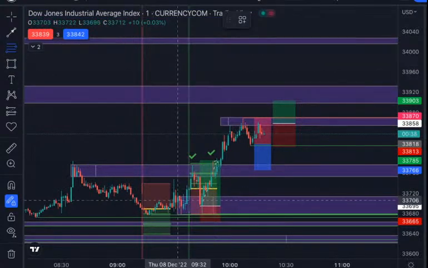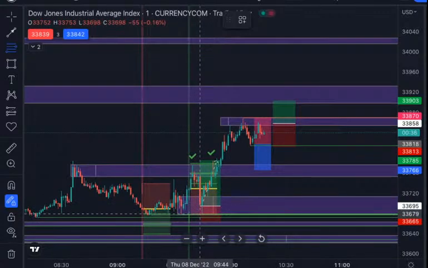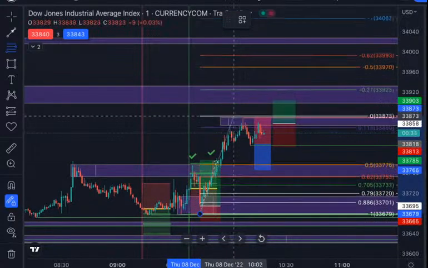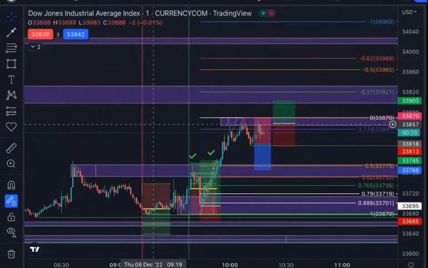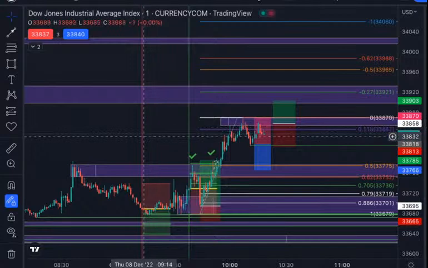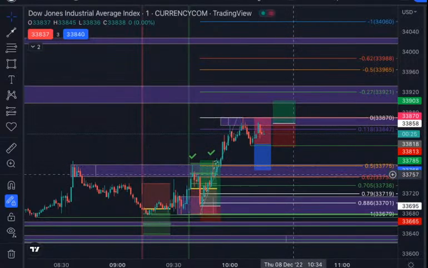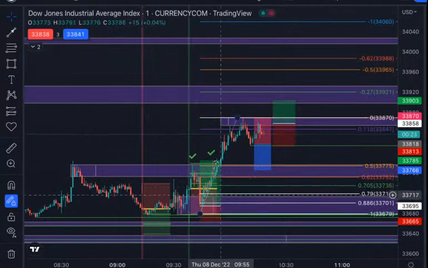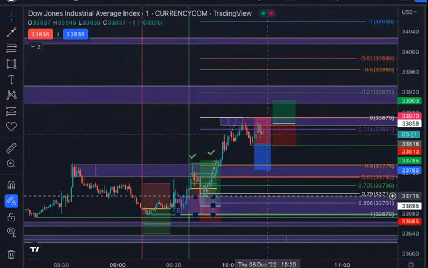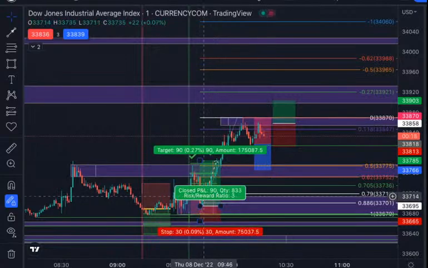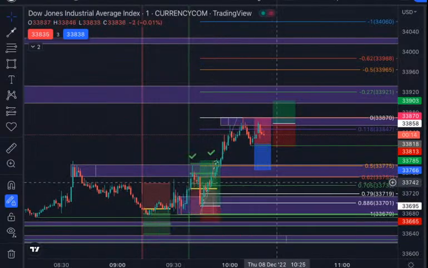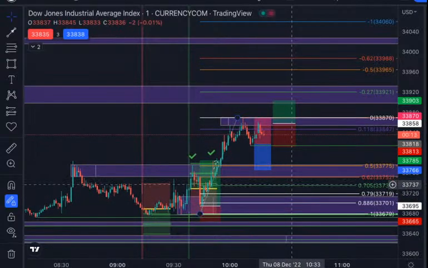So what we're gonna do, we're gonna bring the fibs from this low up to this high when the market began to turn around. And we're gonna look for some key retracement points, which is boom, the 50, the 618, and the 77. I like where the 77 is because if you notice to the left, I'm not sure if a lot of people are used to these patterns, but I call these continuation order block patterns. So this level right here is actually pretty keen